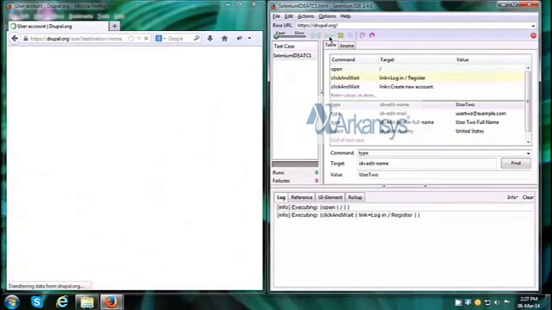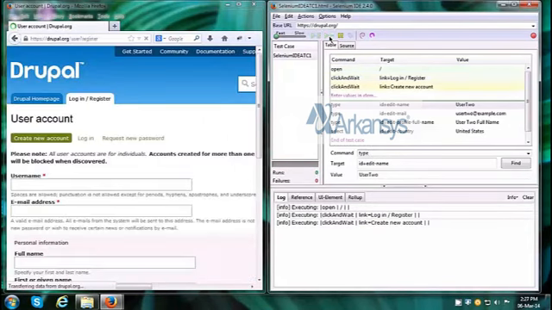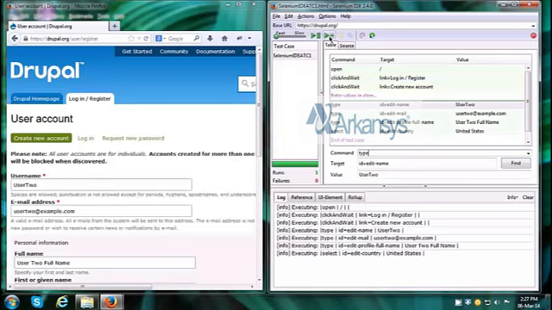Now we can do all these user actions in the automated test case in Selenium IDE, but we can also do certain checks. Let us say that one check we want to do is that before it starts entering the values, it should be on the page which says user account. So what we can do over here is